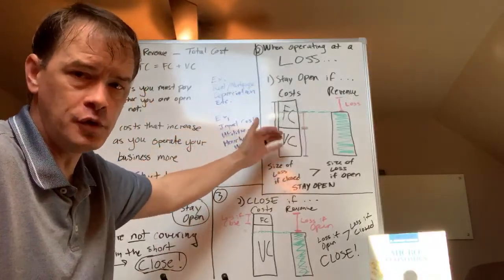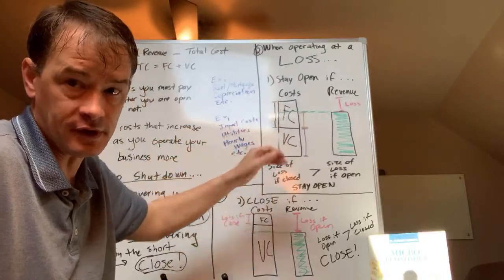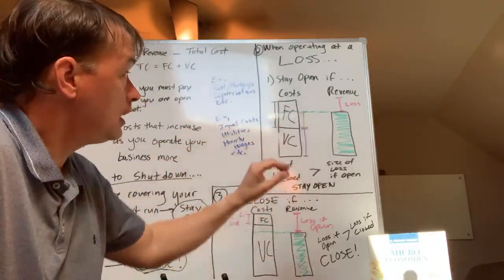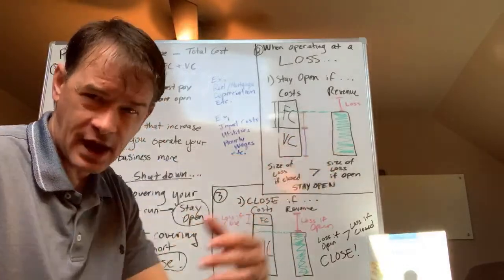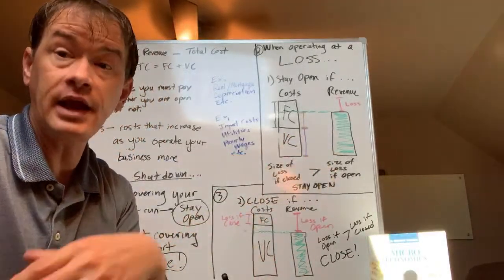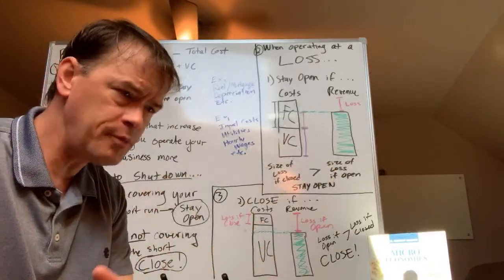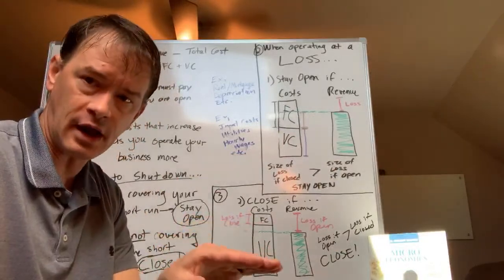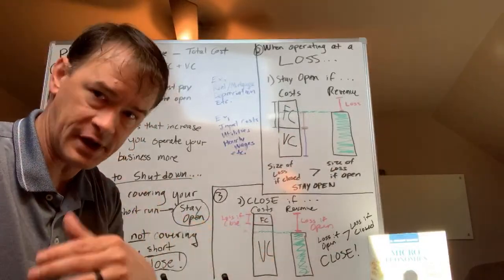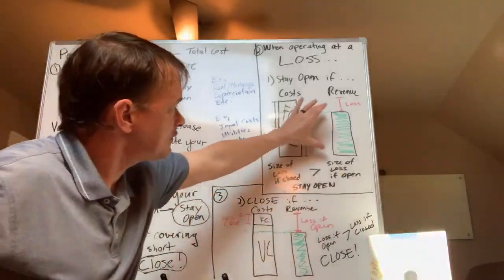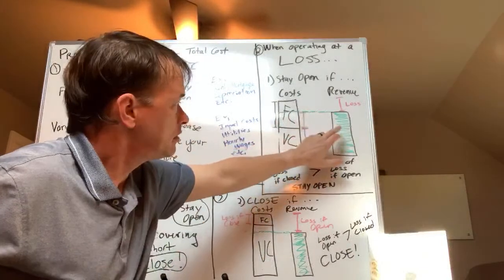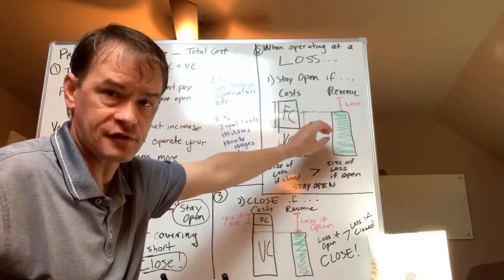So assuming you know the totals for your FC and your VC, and some of you guys need to get on that right now. And you know your revenues, what you can make, and you may have to do some loose estimates because it's not like a normal operating opportunity, but we probably have enough data to go on right now that you're going to see X number of customers in the next week. All right. Let's say this is the money we could make. Okay. Highlighted in green here, this box, that's the revenue we could bring in.